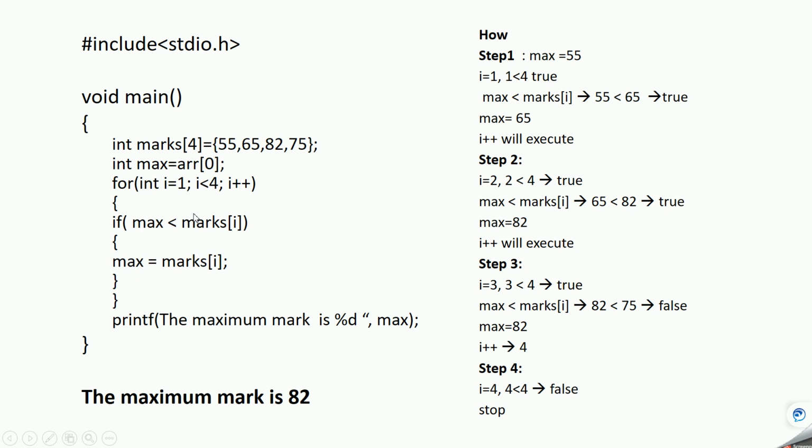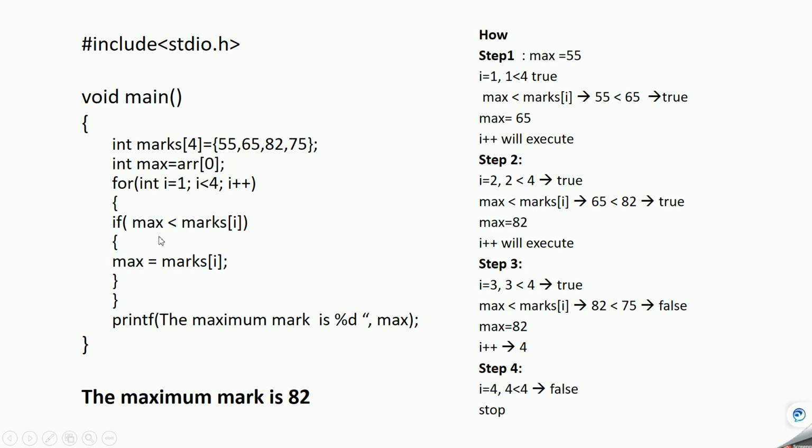In this program, the aim is to find the maximum value that the student has got. In one of the subjects, the student has got 82, which is the maximum value. So how can we find that?